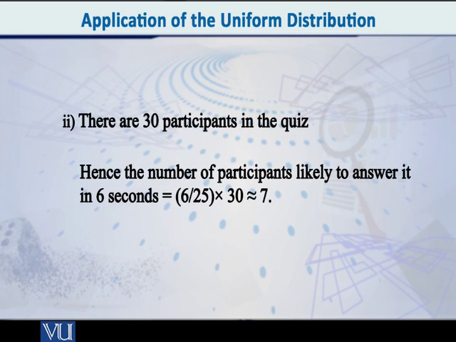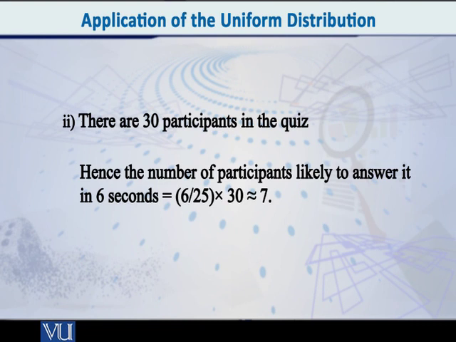अब दूसरा जो पार्ट है इस क्वेश्चन का, उस पर गौर करें. हमने ये जानना चाहा कि how many of the 30 participants can be expected to respond within 6 seconds. देखिए यहाँ पे हम जो चीज़ निकालना चाह रहे हैं, that is called expected frequency. और expected frequency का जो फॉर्मूला होता है वो क्या होता है? The probability multiplied by the total number. तो यहाँ पे 6 over 25 जो probability निकाली है, उसको हम 30 से मल्टीप्लाई करेंगे,